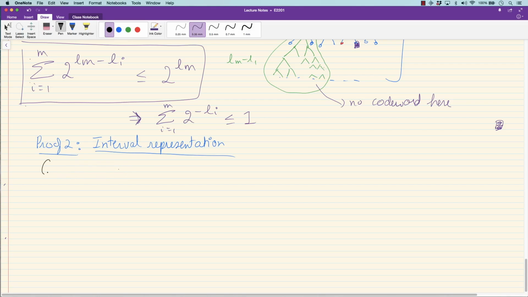Okay. So given again code words, sorry, not code words. Given a code with code words of length L1 to Lm. Okay, given a prefix free code,